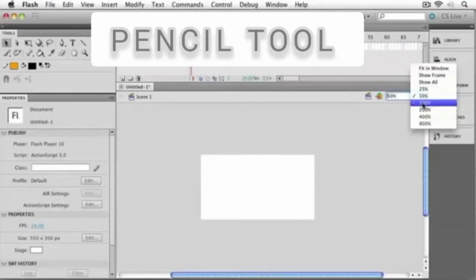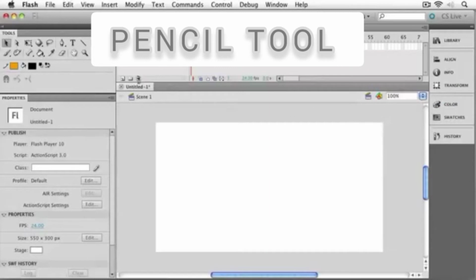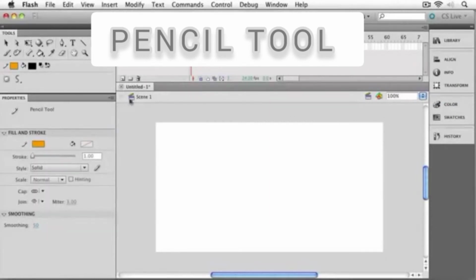Next is pencil tool. This tool can be used to draw lines and shapes freehand, the same way that we use a real pencil tool in MS Paint. We can use smoothing and straightening drawing mode to draw a smooth freehand drawing or to draw straight lines as needed. To draw with pencil tool, first click and select the pencil tool in the tool panel.